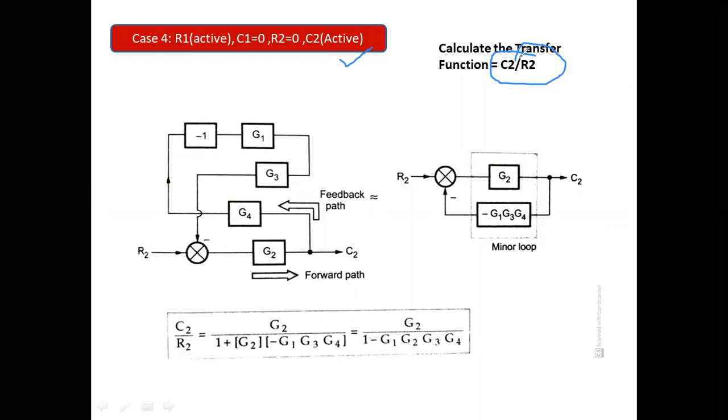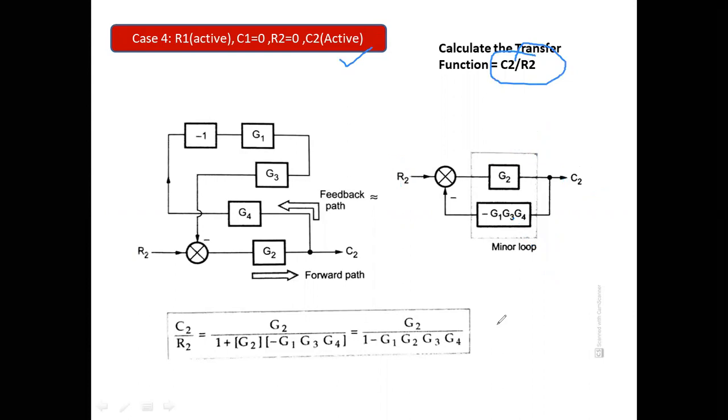Okay, fine. So again there would be an input that is basically R2, and there would be an output that is basically C2. We have to identify what actually the G(s) is and what actually the H(s) is. These two we have to identify. How will we identify? We will just see what actually the block diagram is all about. Okay. So again, the same concept is there.